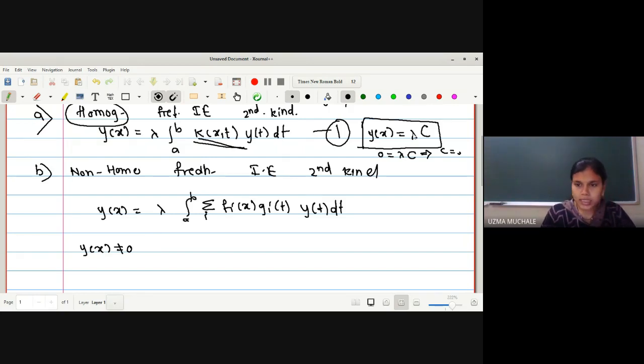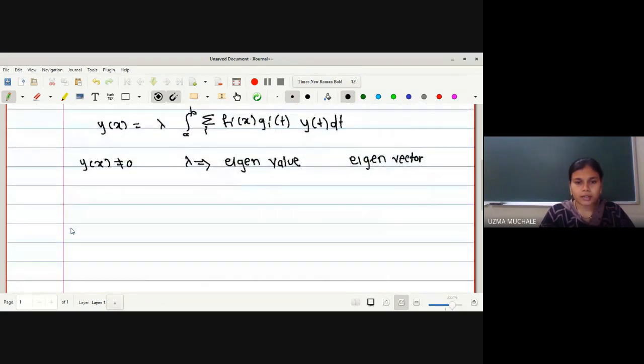Okay, so here in this case, whatever this lambda you are going to see, this lambda is nothing but the eigenvalue. Later on, you will come to know how to find out eigenvalues and corresponding eigenvectors. I hope you came across this in the linear algebra paper where you have studied what is eigenvalue and eigenvector.